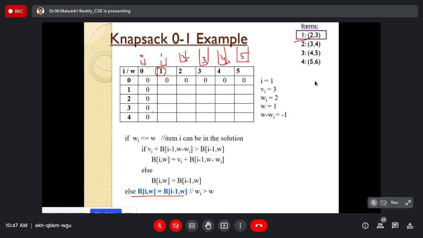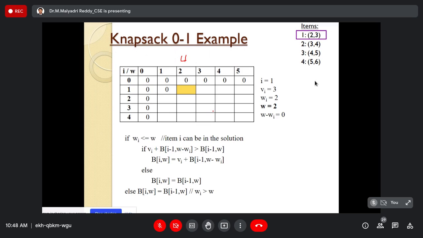Yes sir. Yes, the same part will be imported, not including that object. So next I have to choose the remaining possibilities. In the second bag, it means weight is 2. Simply, next I have to focus on the second part, this bag. Yes sir. So 2 minus 2 is equal to 0.